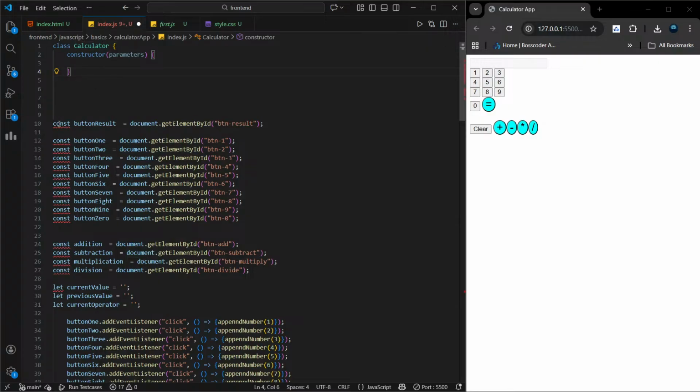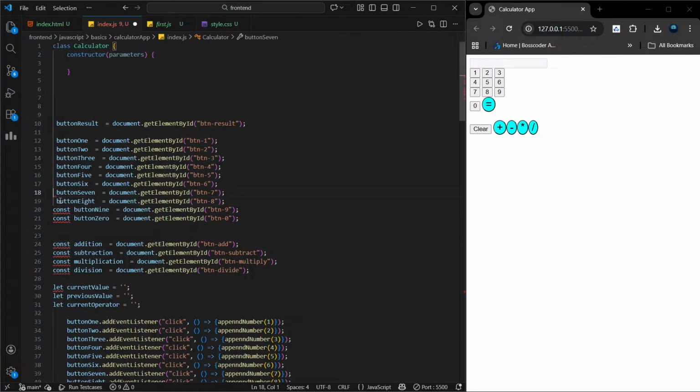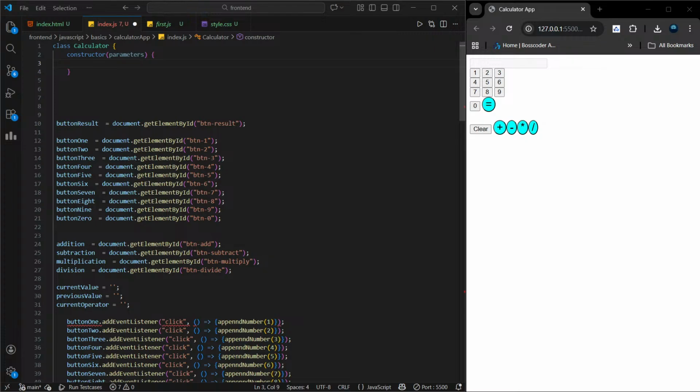हाँ, क्योंकि क्लास के अंदर प्रॉपर्टीज को डिफाइन करते वक्त const नहीं लगाते। कंस्ट्रक्टर के अंदर this के साथ असाइन करो। फॉर एग्जाम्पल, this.button1 = document.getElementById('btn1')। कंस्ट्रक्टर में सारी DOM रेफरेंसेस this के साथ जोड़ दो और फिर मेथड्स में आराम से यूज कर लो। सो let भी यूज नहीं कर सकता मैं? हाँ, क्लास की प्रॉपर्टीज को डिफाइन करते वक्त let या const नहीं लगाते। तुम सीधे प्रॉपर्टीज का नाम लिखते हो और कंस्ट्रक्टर में this के साथ असाइन करते हो।